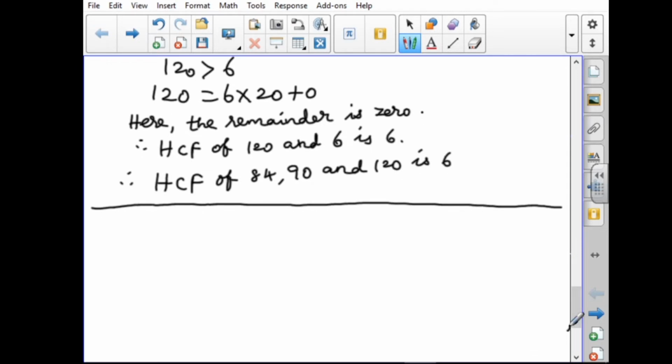Next, the sixth one is over. Next, seventh sum. Find the largest number which divides 1230 and 1926, leaving remainder 12 in each case. They have given here 2 numbers, 1230 and 1926. Which number is going to divide these 2 numbers? We are getting the remainder 12. So, first we have to write like this. Seventh one.